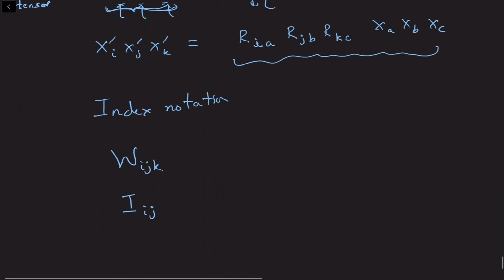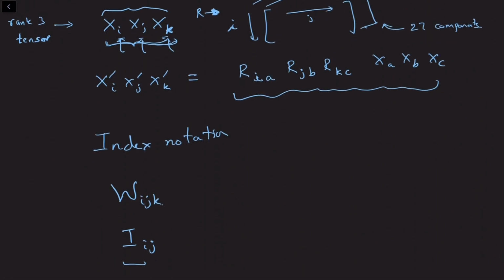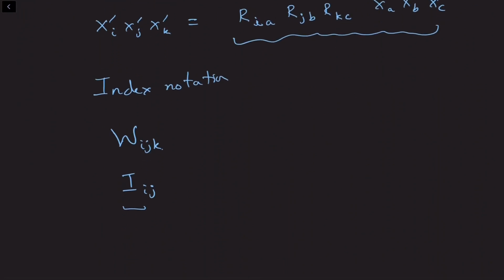Now, the way we constructed I_ij, or this rank 3 tensor over here, is we took what is called a tensor product of 3 vectors, or 2 vectors when constructing the moment of inertia tensor. But you can intrinsically assume that there are objects which are not constructed as tensor products, which obey this transformation rule. That is, I don't know what this object is, or I don't know how to construct it from vectors,